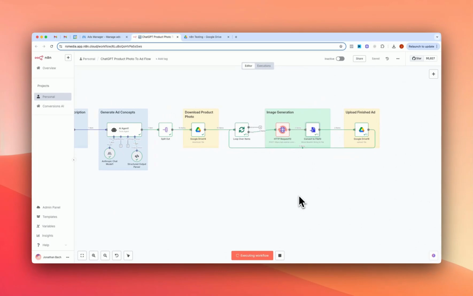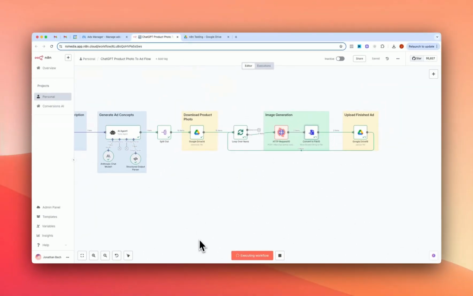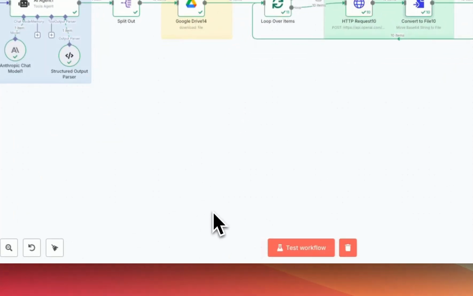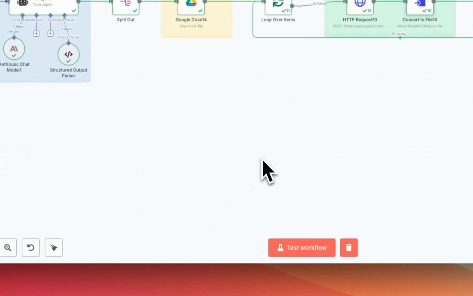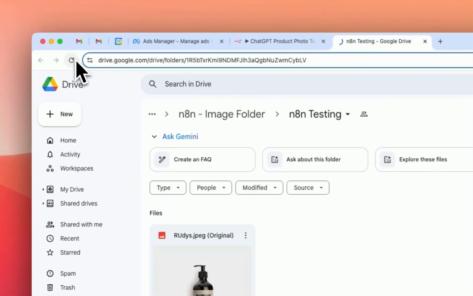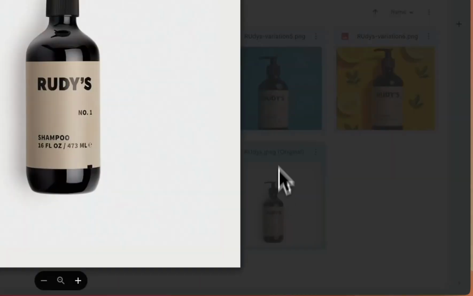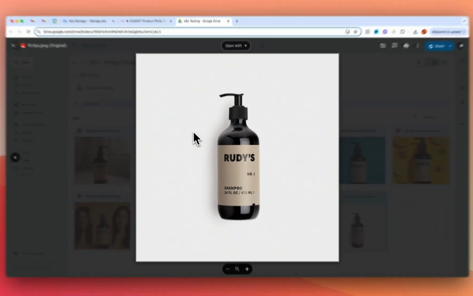I'll just give this a quick pause until all of the static ads are done, and then I'll walk you through things in a little bit more detail. All right, we're back. That took about 5 minutes or so. You can see that we have uploaded 10 items to the Google Drive. So if we just open up the drive and hit refresh, you can see that we have the original uploaded ad right here. And then if we just scroll through all of the concepts,